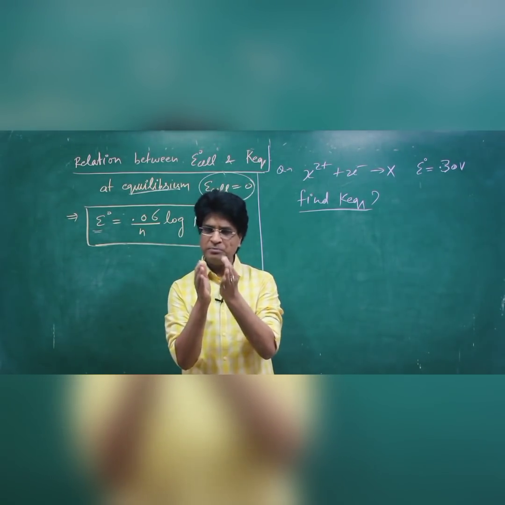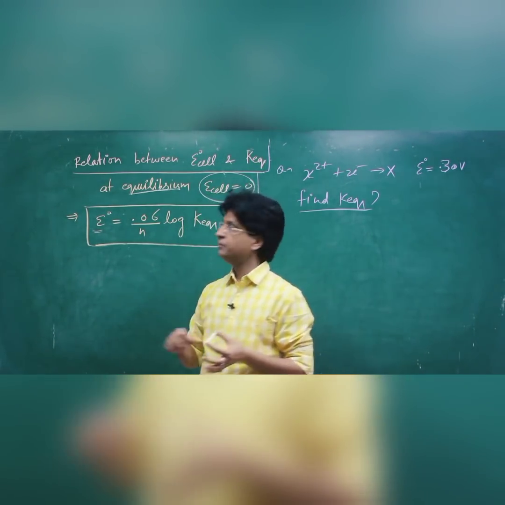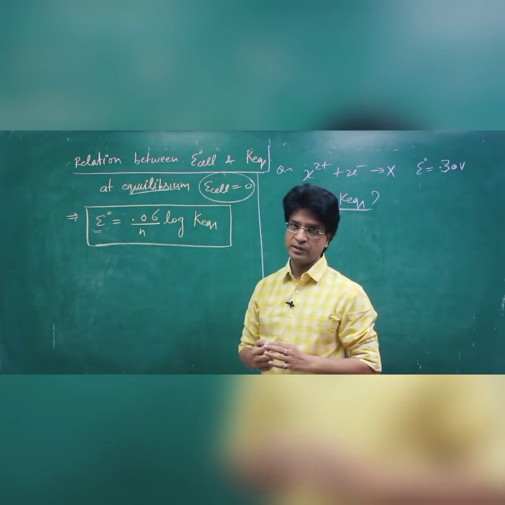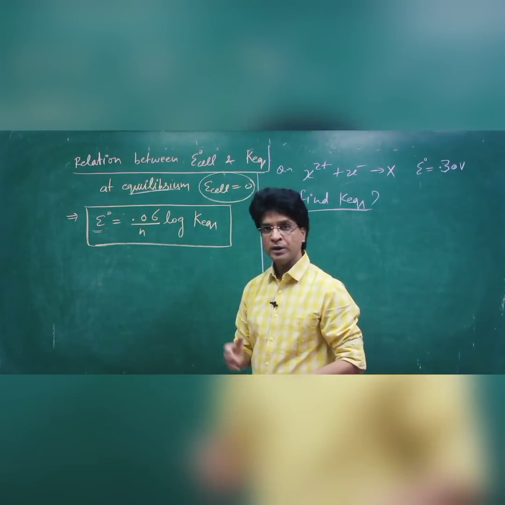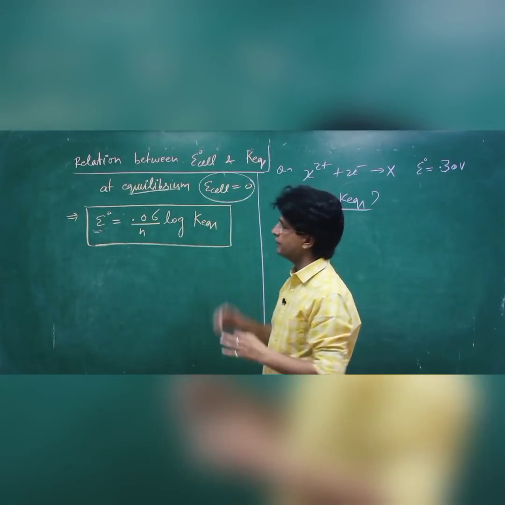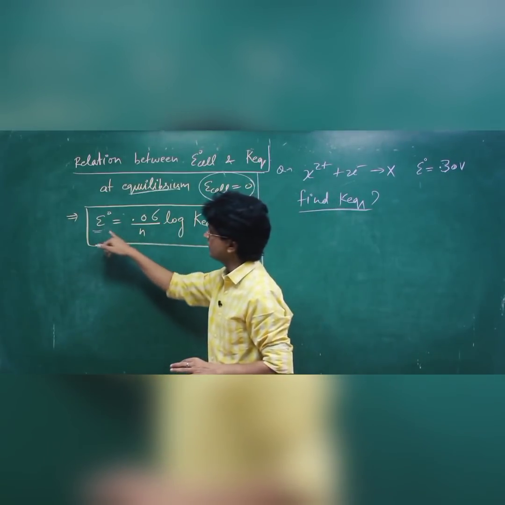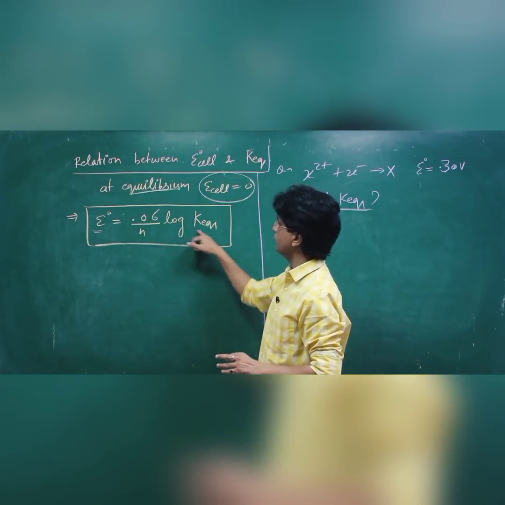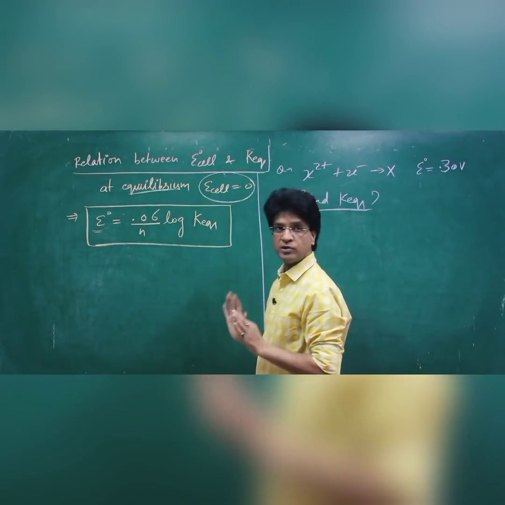Need to ask some simple direct basic questions on this concept. This is about relationship between E naught cell and equilibrium constant. So when we reach equilibrium, E cell becomes 0. Cell is dead at equilibrium. We have discussed that. So Nernst equation will change now to give you E naught is equal to 0.06 upon n log of K, equilibrium constant.